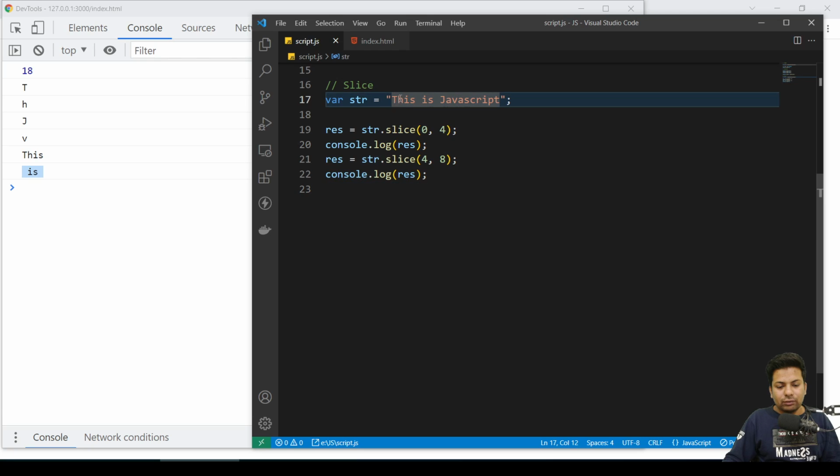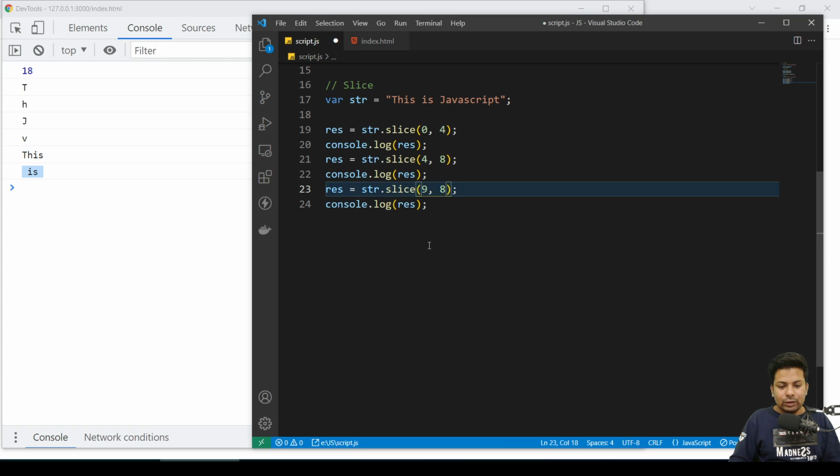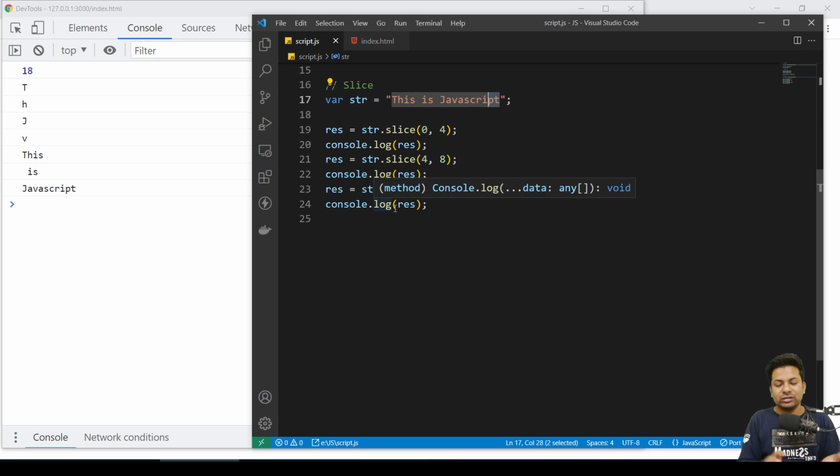Now if I show you 0, 1, 2, 3, 4, 5, 6, 7, so this is from J. I want to print JavaScript, so I'll say from 8 to 18. See, JavaScript, no, not 9, from 8. From 8 to 19, so you got JavaScript. If I say 17, it will not take T, so I have to say 18. So this is slice. You just enter the numbers from where to where you want, from 6 to 8, whatever number you give, it will extract that and give it to you.